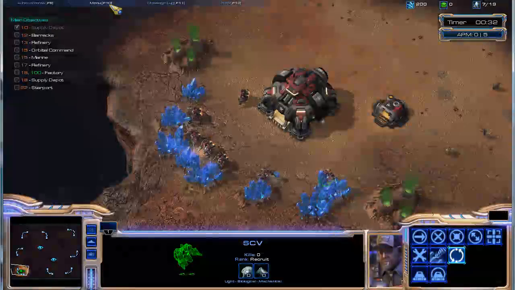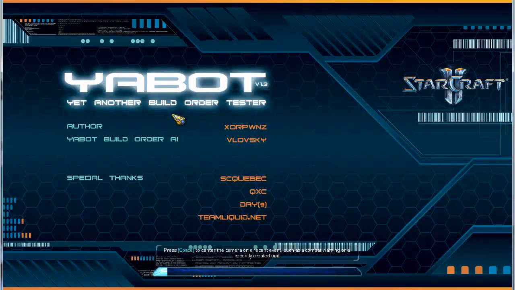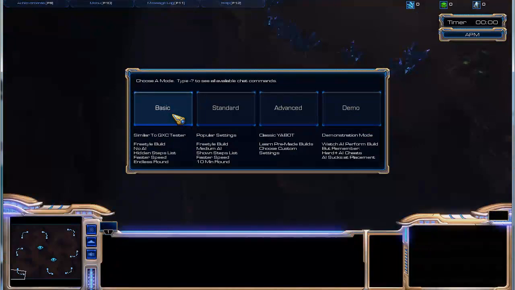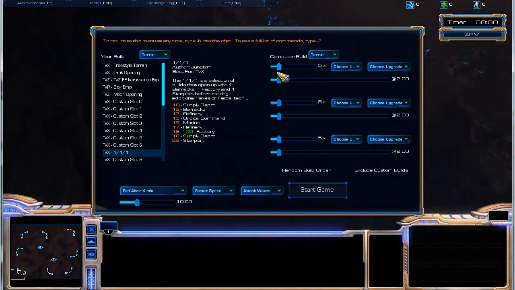So the final thing I wanted to show you, which is also a requested feature, is the attack waves that I put back in. I put in a simplified version of attack waves. So I'm going to go back to advanced mode. Let's practice that 111 build again. But this time, instead of hard AI, I'm going to go down here to attack waves. And now I've got my choice of 3 different waves. I can choose for each wave the time it comes, the quantity, the unit, and an associated upgrade, which is optional. So if I go to Zerg,